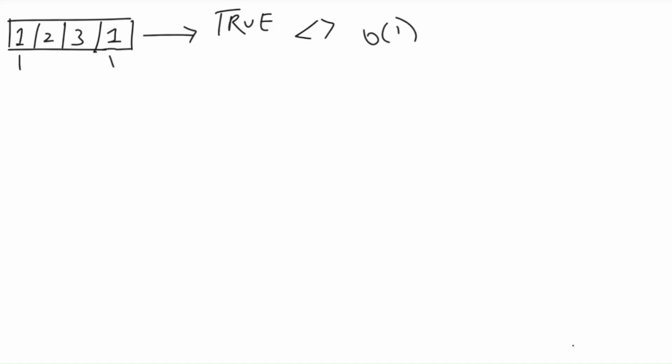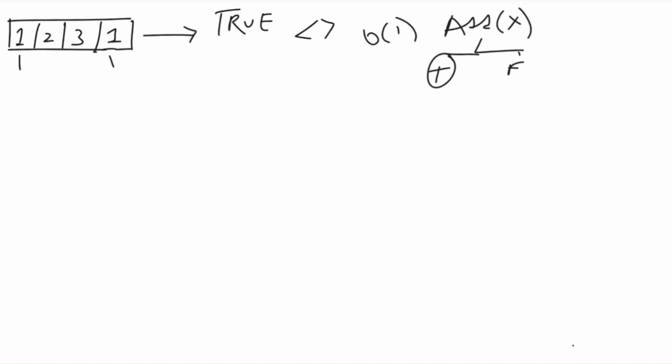Now, in the HashSet, we have a function called add which takes an element x, and it returns a boolean value, either true or false. True will be returned whenever there is no element x in the hash set. It will add the element in the hash set and return true. And whenever we already have an element x and we again call the add function of x, it will return